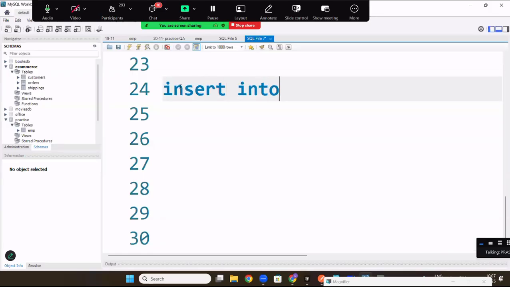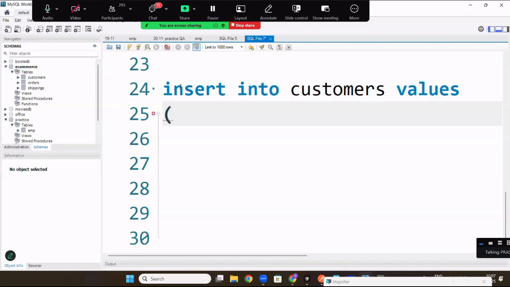Insert into table name customers. You can even use ChatGPT, and it will give you random data. You can have it. Okay, customers values. So I will use it here. Customer ID 101, customer name Shaker,